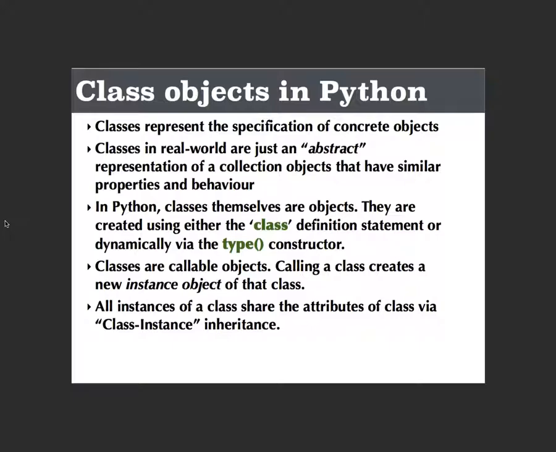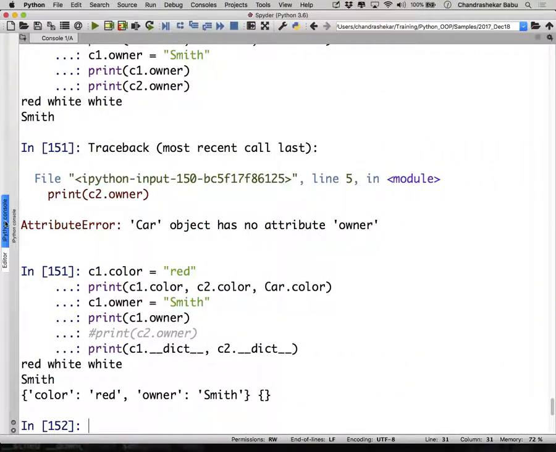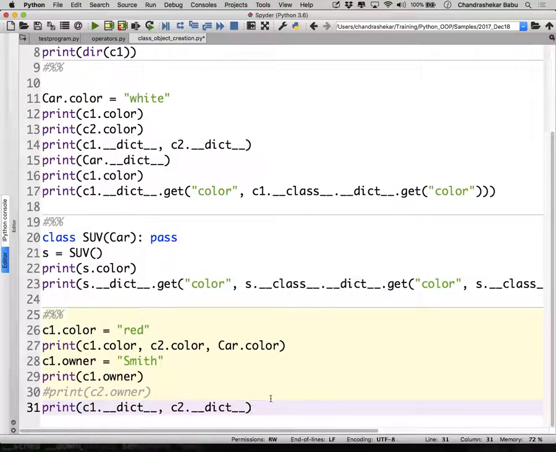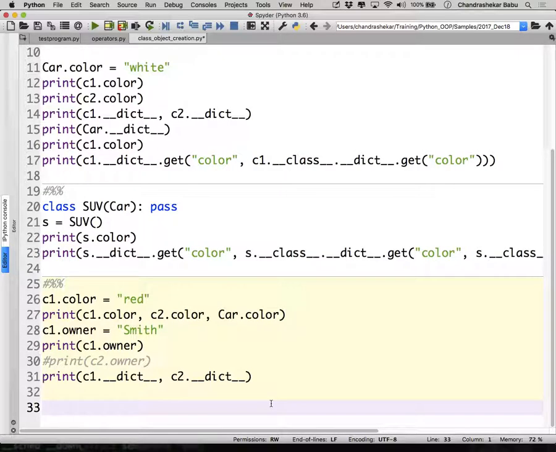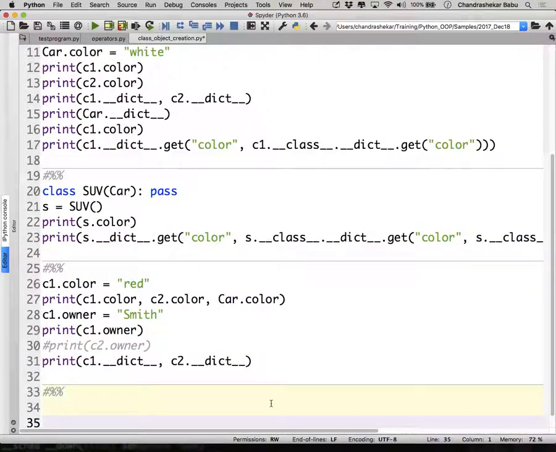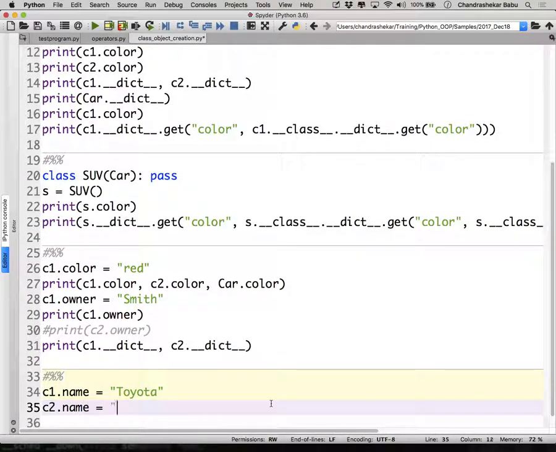By default, all instances share the attributes of the class via class-instance inheritance, but an instance can either extend or override class attributes. The last thing I will show you: let us assume both these cars have a name. C1 dot name is equal to Toyota. C2 dot name is equal to Honda.